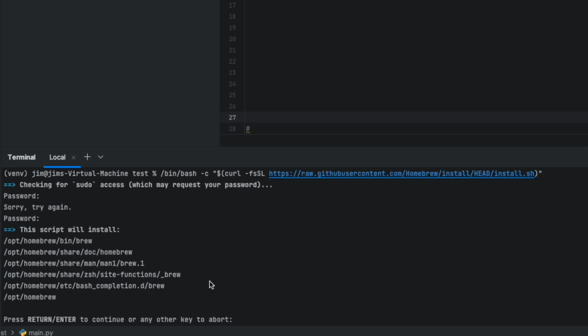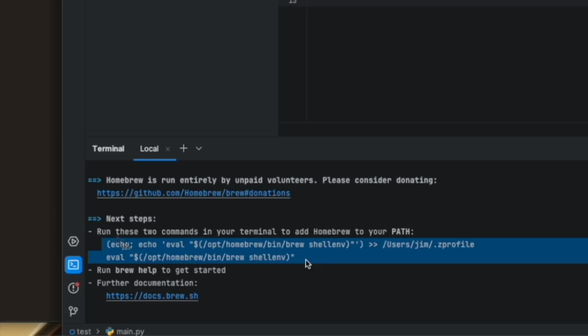this in our path. Okay, what you'll need to do is scroll up to where you see this next steps right here, and it's going to tell you to run these two commands. And what you can do is just highlight this entire thing right here from the echo all the way down here to this last quote, and you will copy that and you will paste it into your terminal, and you will hit enter, and it will go ahead and put Brew in your path, and then you'll be able to use Homebrew to finish the installation of PyAudio and PortAudio.